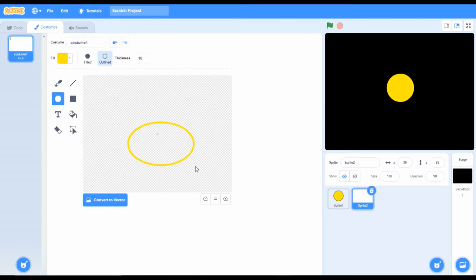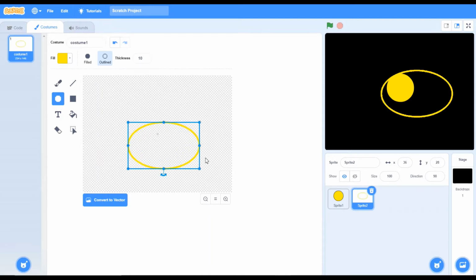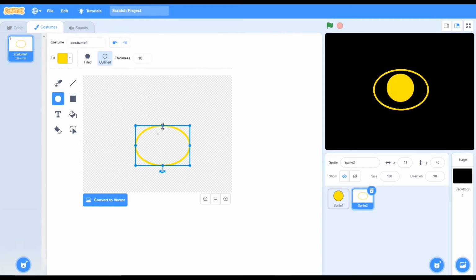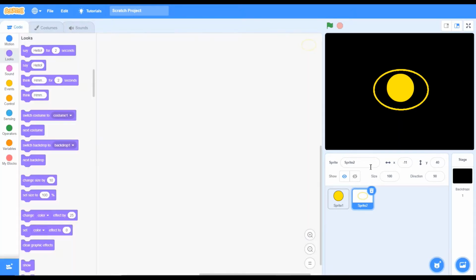See, the Mercury's orbit is very small, so we will decrease it very close to the sun. Yes, a little bit here, and if you want, you can change the size again. Here it's looking perfect.